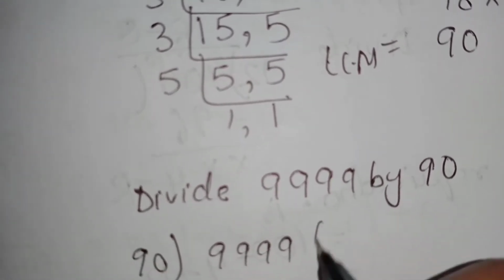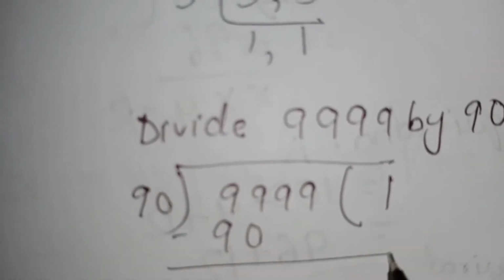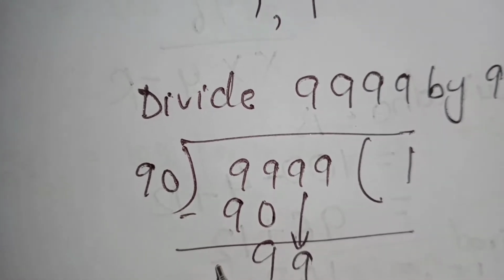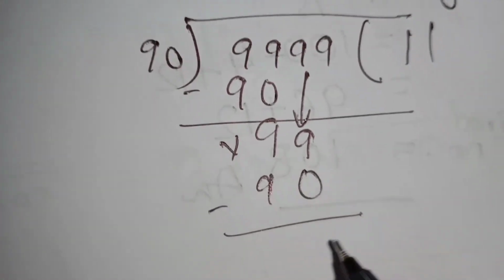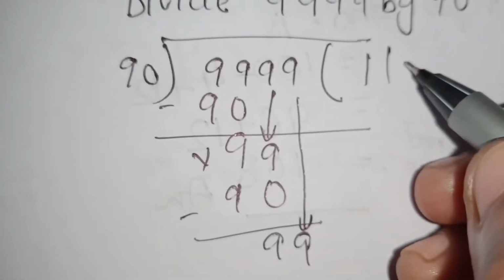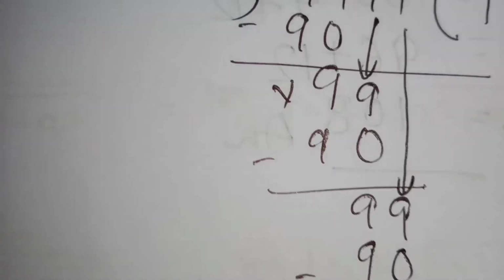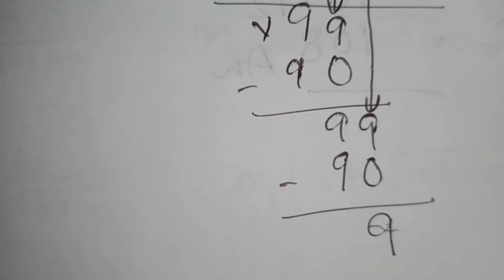Okay, so 9 1s are 90. Okay, 9, bring this 9 down because this is 0. Again 9 1s are 90, 9, bring this 9 down. Okay, 9 1s are 90. So again 9 minus 0 is what? 9. Okay, so I have written here. Now what we have to do is the next step. This one will be 0, so we'll put the cross.